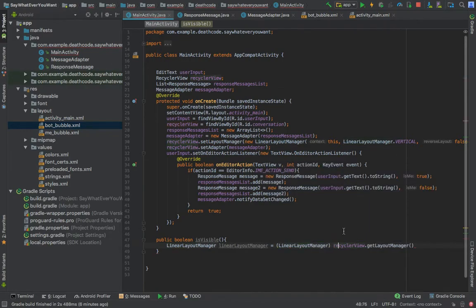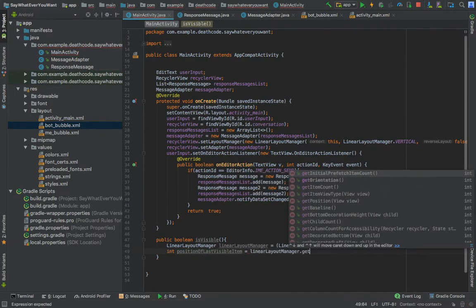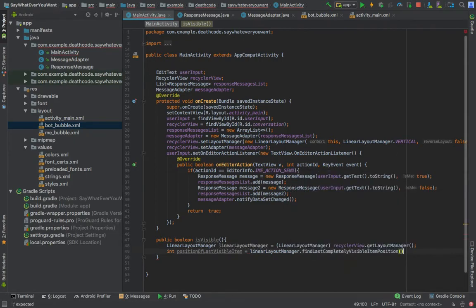So we have just typecasted it to the linear layout manager. int positionOfLastVisibleItem equals linearLayoutManager.findLastVisibleItemPosition,